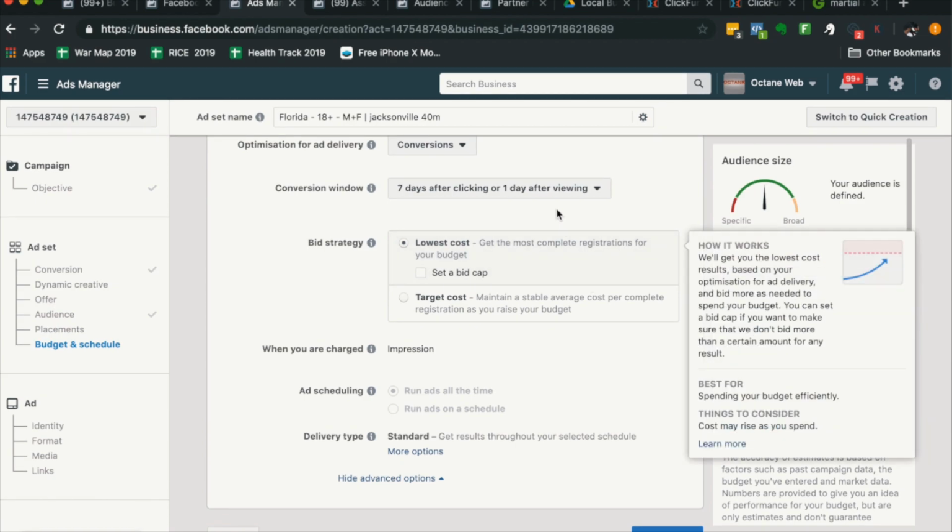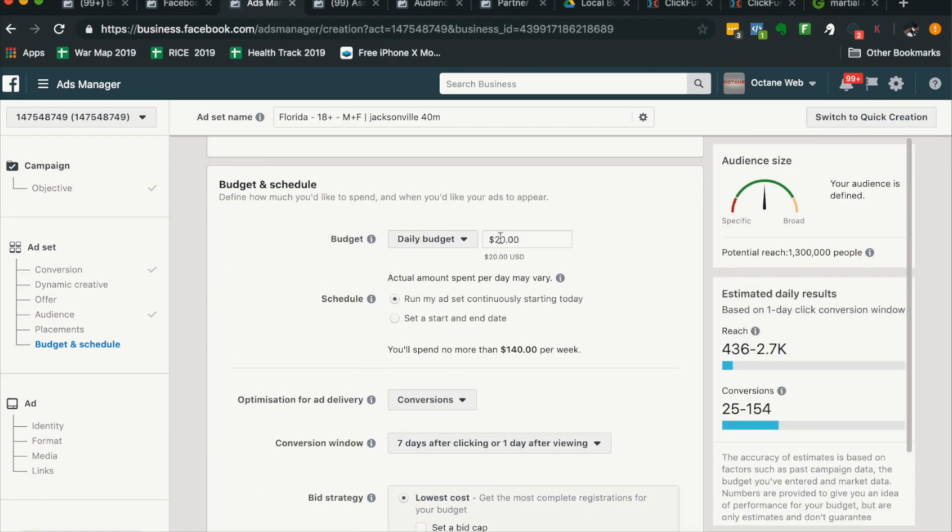And then we want to choose our budget. $10 per day, I believe, is good. That's where we usually start off, so $70 a week. Again, if you are starting to get results, you can scale that up. If you're not getting results, you can just literally pause it. If you realize you spent $10 not getting any clicks, you spent $20 not getting any leads, you can pause